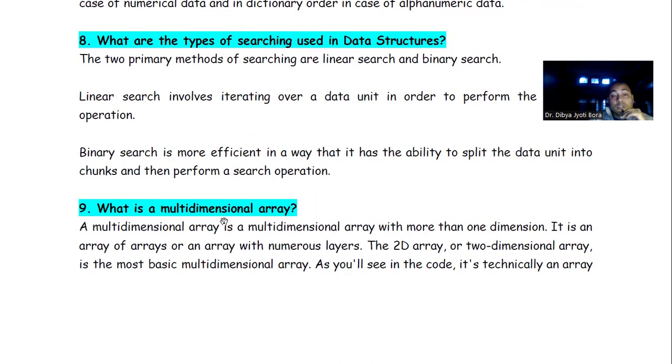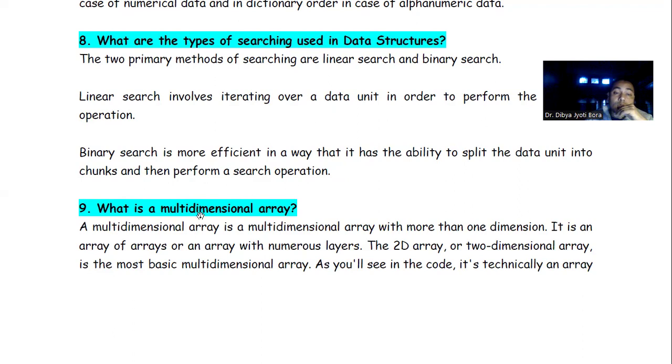Then the next question may be, what is an array? Array, you know that. I think it doesn't need any more definition. Similar type of data, the same data type, that type of data we store in an indexed way, then that becomes an array. Usually it starts from zero. Suppose n elements are there, and a is the name of the array, then a[0] to a[n-1].